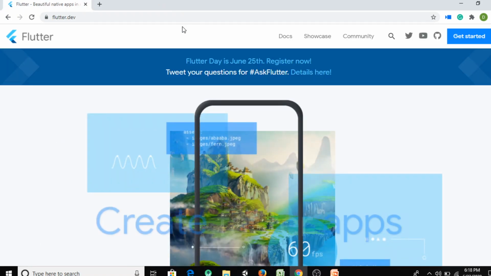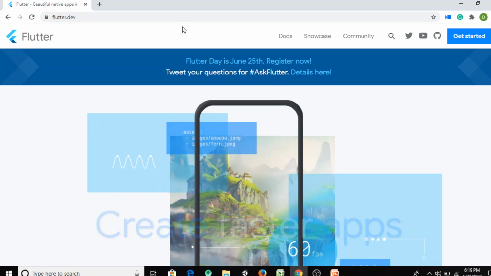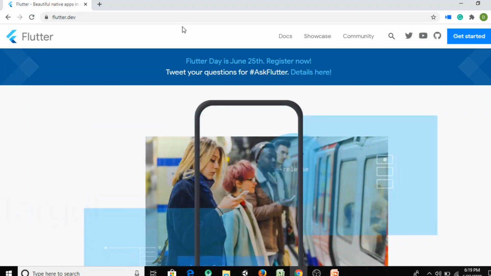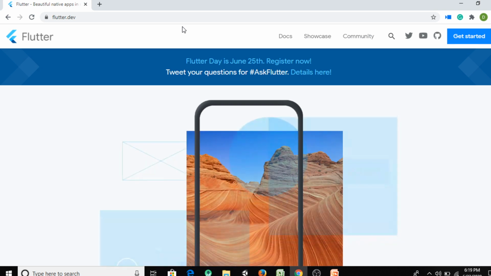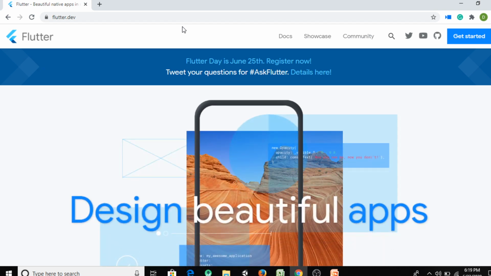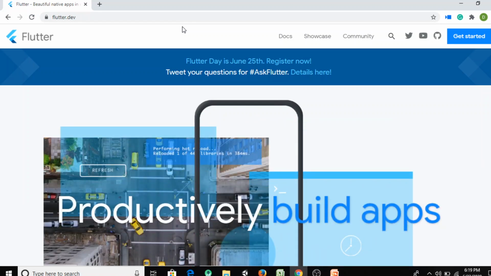Welcome to this adventure learning Flutter. The approach that we will be following during this course is that in each module you will create a project from scratch, and in each project you will learn something new and build an app that you will be able to use immediately on your Android device or iOS device.